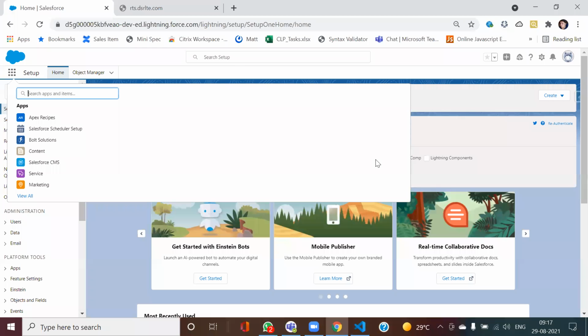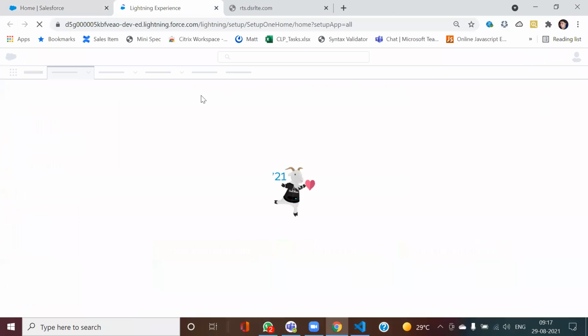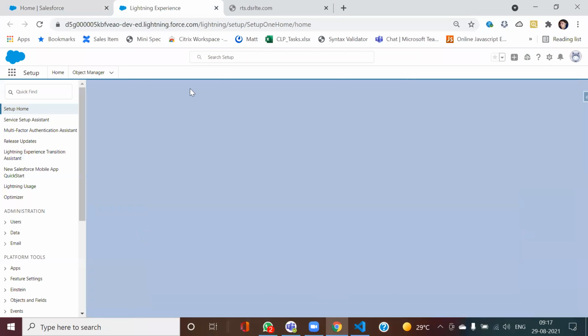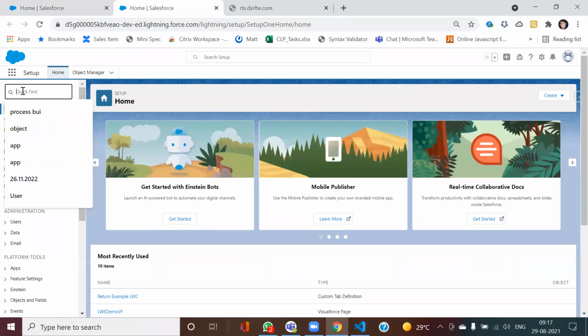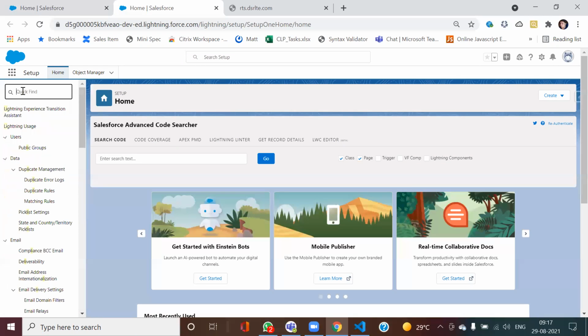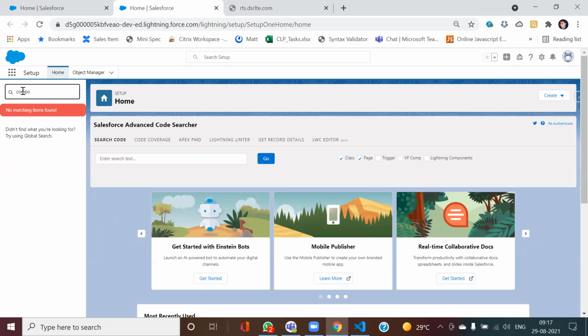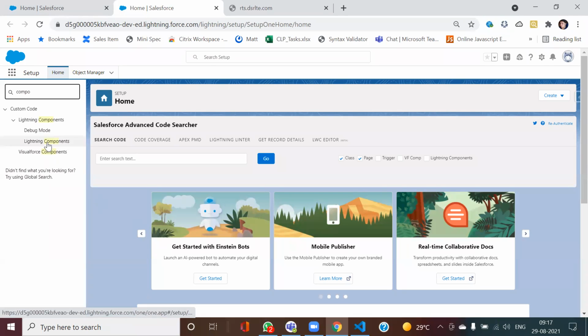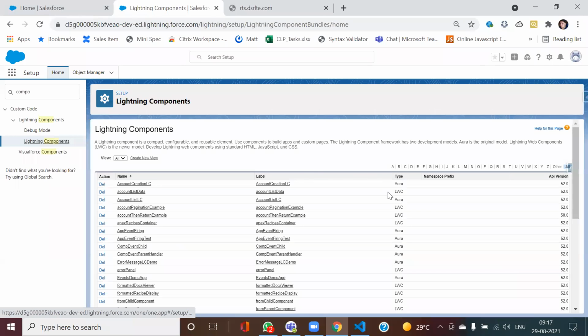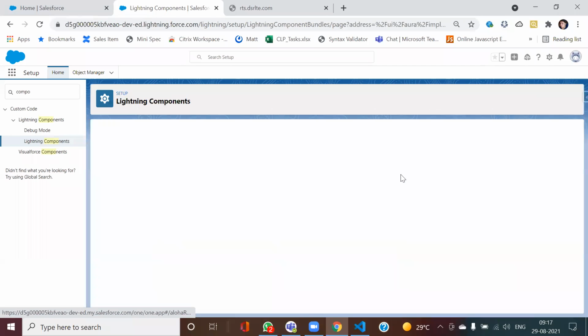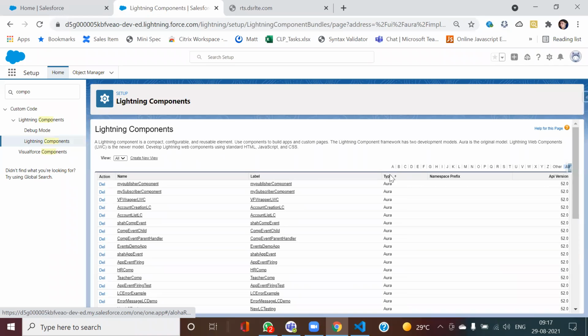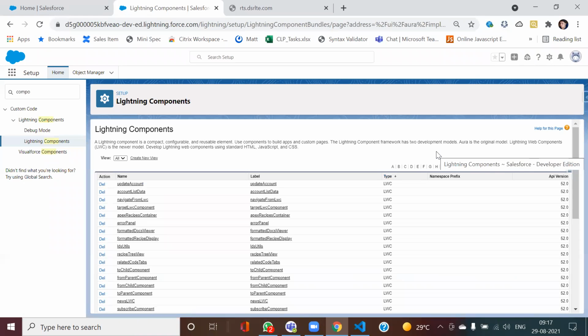Now if I go into my setup, you will find them under Lightning Components. For Lightning Components, the type is Aura. For Lightning Web Components, it's LWC.